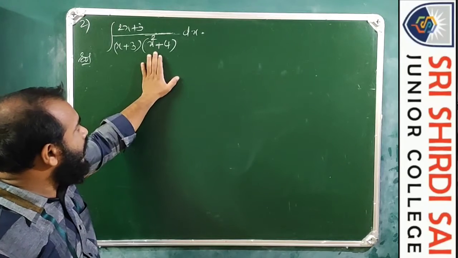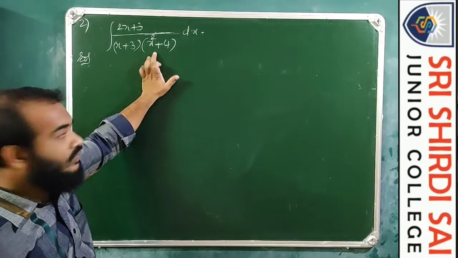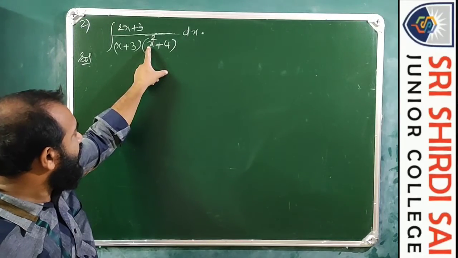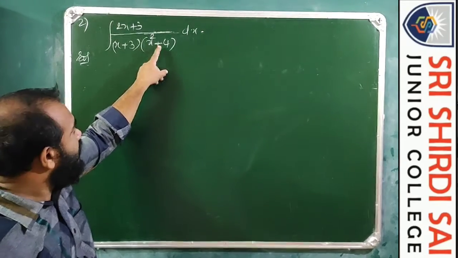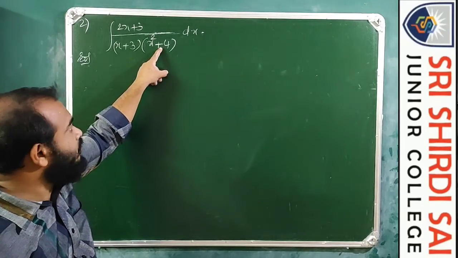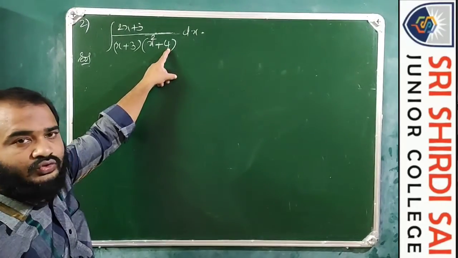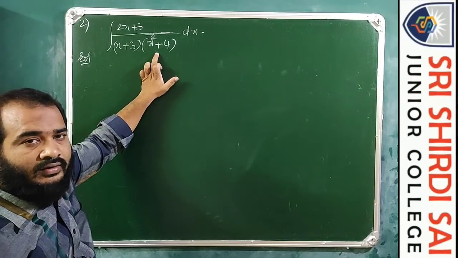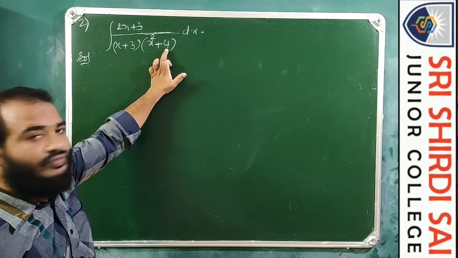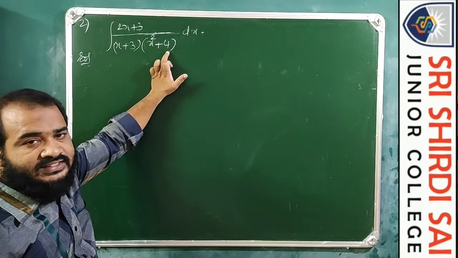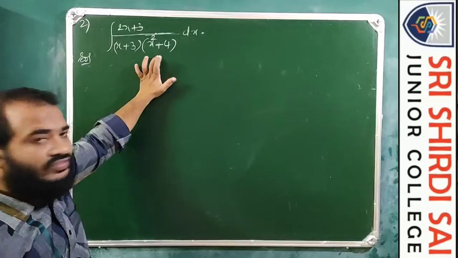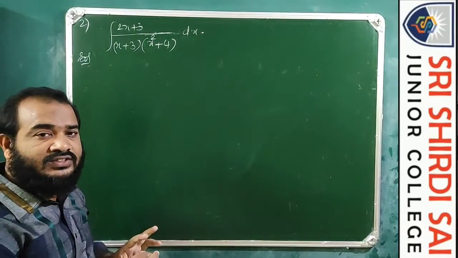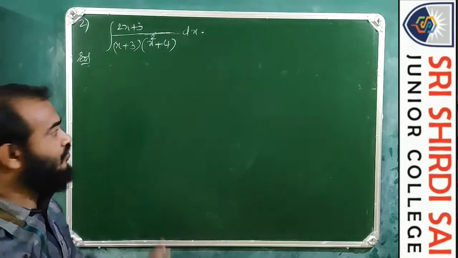So if you take b square minus 4ac, where ax square plus bx plus c is this: the coefficient of x square, a, is 1; we don't have an x term, so b is equal to 0; c is equal to 4, the constant. So b square minus 4ac: b means 0, 0 square minus 4 into 1 into 4, so minus 16, which is obviously less than 0. Therefore this is an irreducible quadratic factor, a quadratic factor which doesn't have any real roots.